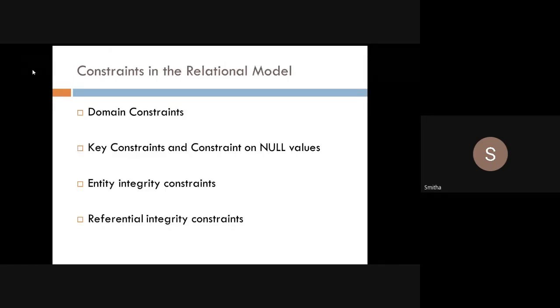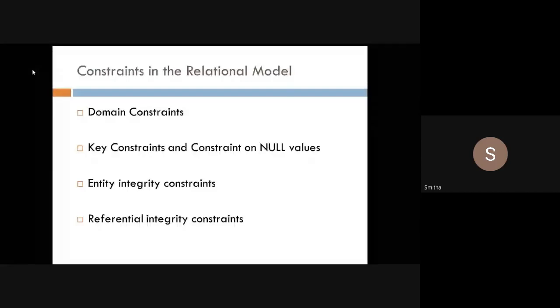So that is one constraint for the domain, because I can give only these values for that particular attribute. Then for marks I can give from 1 to 100. The maximum value is 100, I cannot give more than 100. So that is one constraint. So these are all the constraints we are putting on the domains. I hope you are understanding, students. So that type of constraints are called domain constraints.